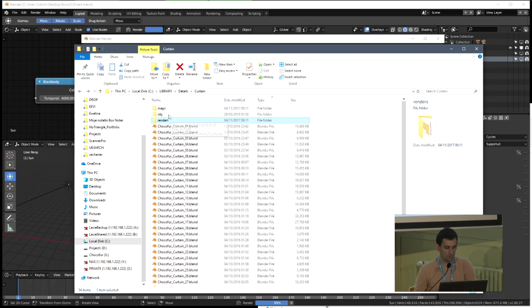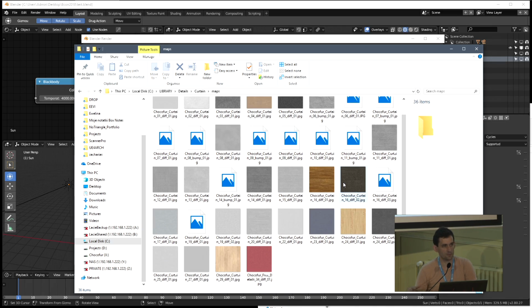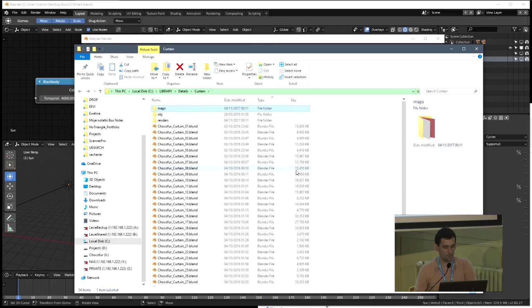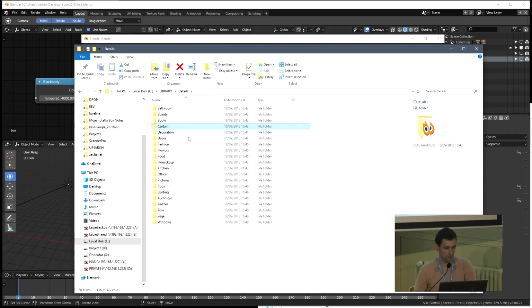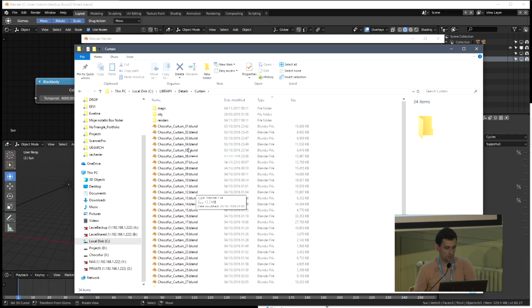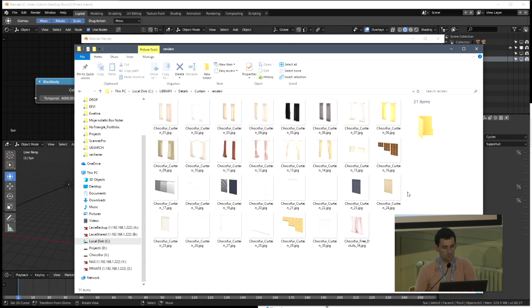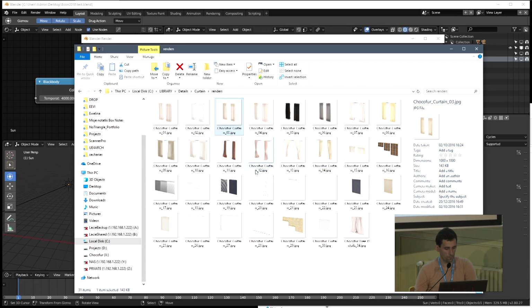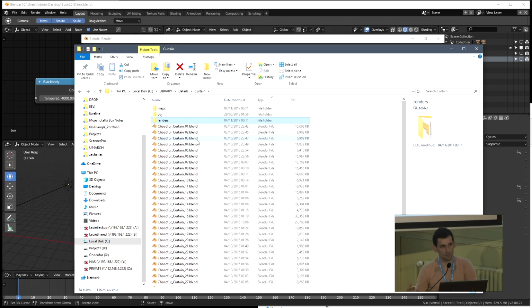And then we have this little structure here with maps, which contains all the maps for all the objects from this category. So let's say we have details. The details are just cataloged the way like doors, decoration, stuff like this. So in curtains, we just keep the curtains, and the renders are also in one folder. So the names match the files. This is the way we had to do it for our asset manager,